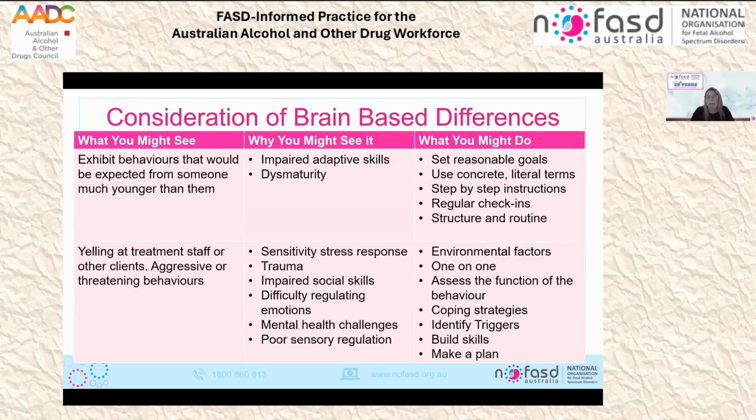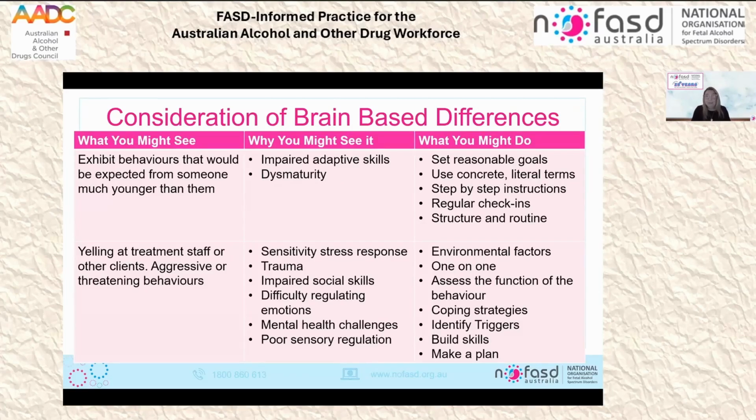It might be stepping out. It might be going to speak to somebody. So you don't need a diagnosis to support someone with FASD. When we adapt things like communications, environments, expectations and approaches, we can really create spaces for engagement and